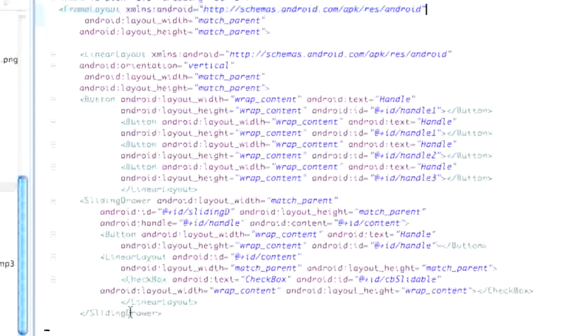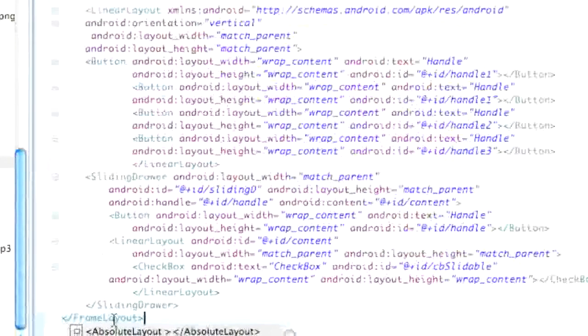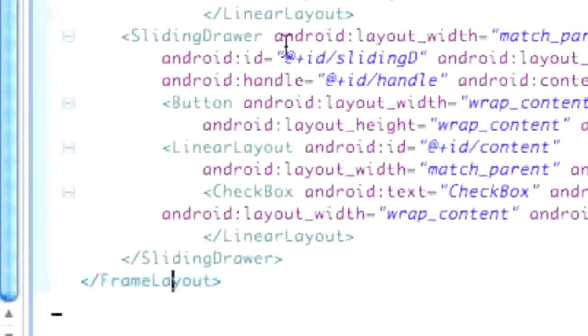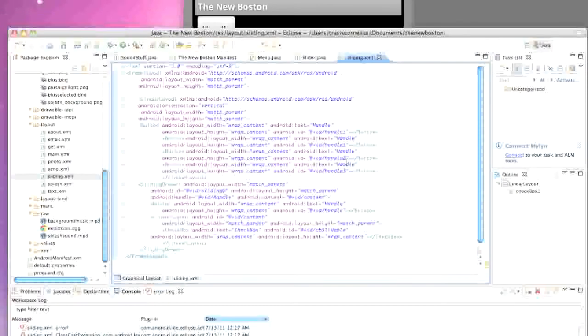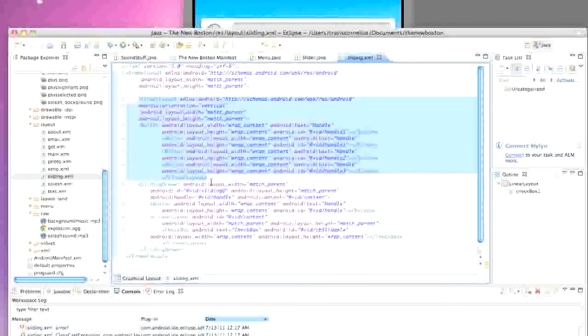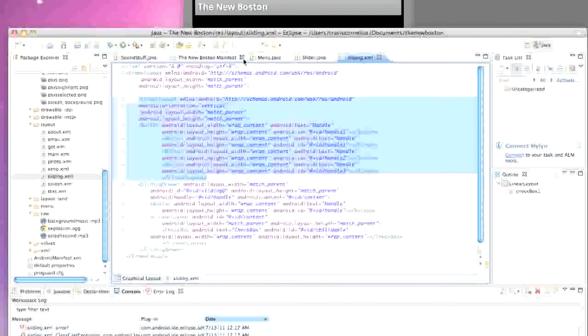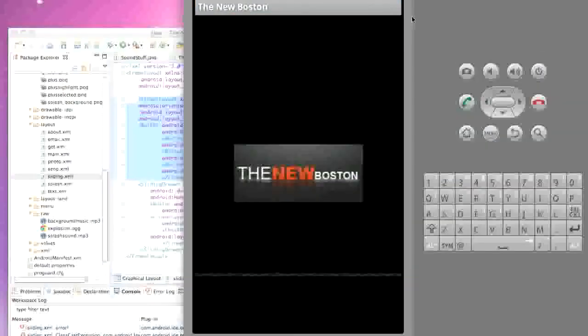So that's what we're gonna set up here to encompass our whole class. And then we just have to close off our frame layout here below our sliding drawer. So now when we run our application, it's gonna get buck wild. So basically what's happening now, again, our linear layout still controls all of our buttons, but that's still within our frame layout where it's like, hey, who really cares what you guys do? So as you guys see when we run this now,